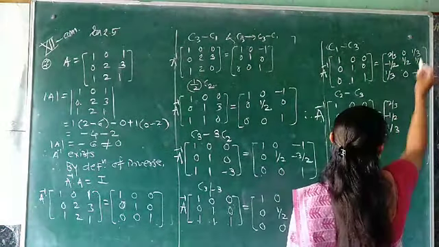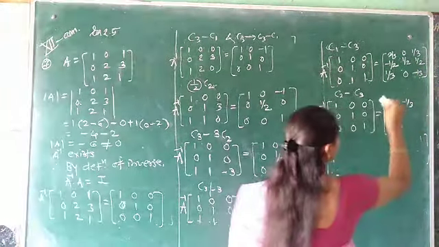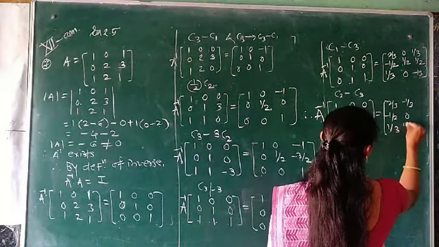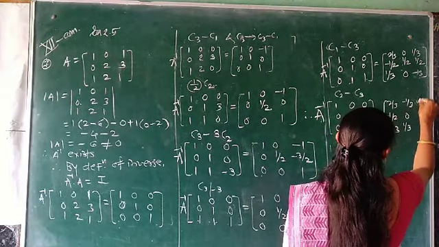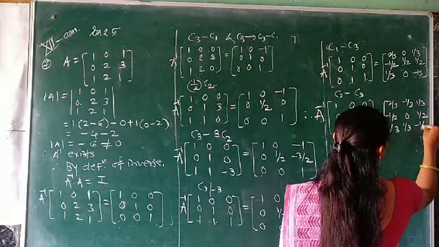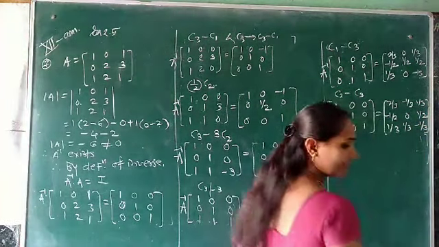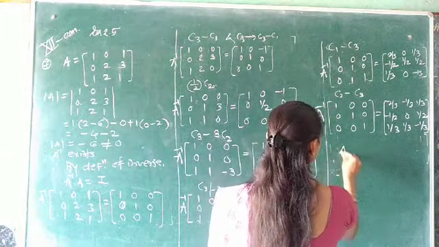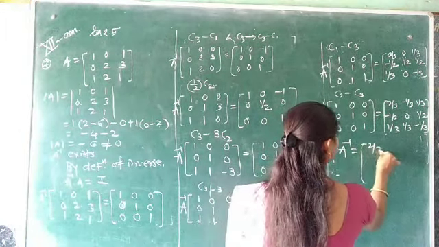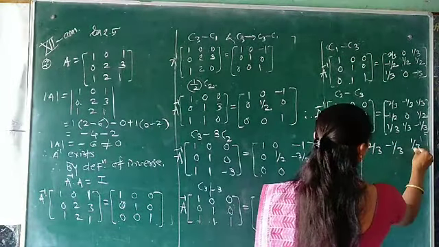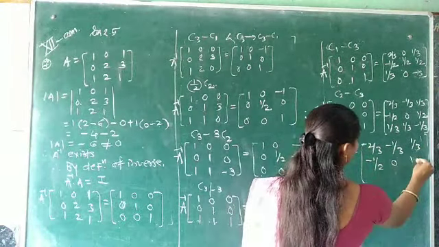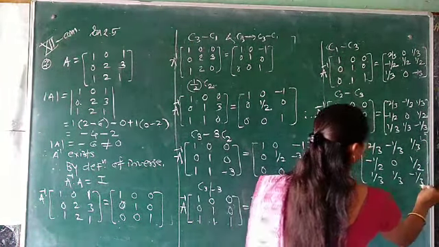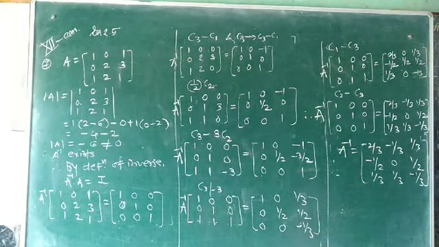Now 0 minus 1 by 3, minus 1 by 3. 1 half, minus 1 half, 0. 0 minus 1 by 3 plus 1 by 3. 1 by 3, 1 half and minus 1 by 3. We will simplify this matrix, take LCM and find the value. Now here it is identity matrix, therefore A inverse is equal to this. This is our inverse of the given matrix.